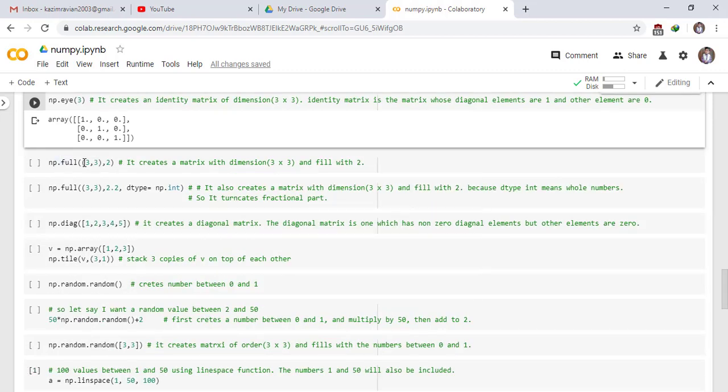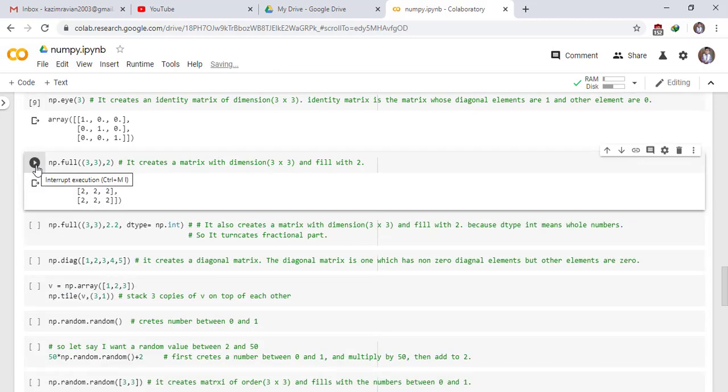np.full((3, 3), 2). It creates a matrix with dimension 3 cross 3 and fills it with 2. It means all entries of this matrix will be 2. To see the output, run the cell. You can clearly see that the dimension of this matrix is 3 cross 3 and all entries or elements of